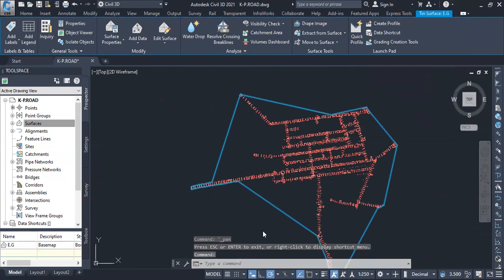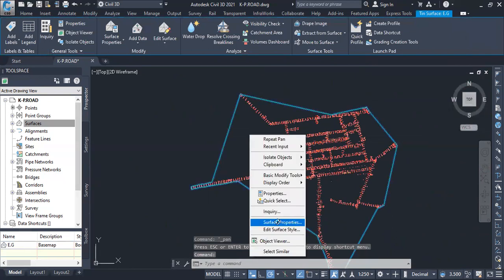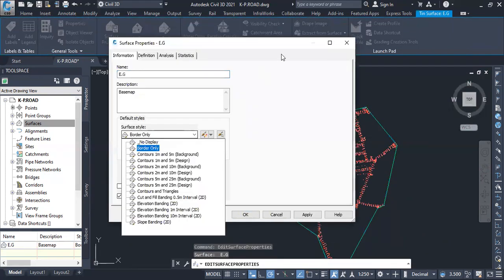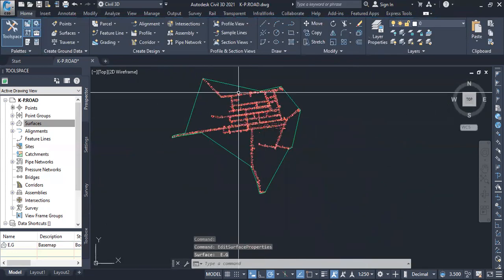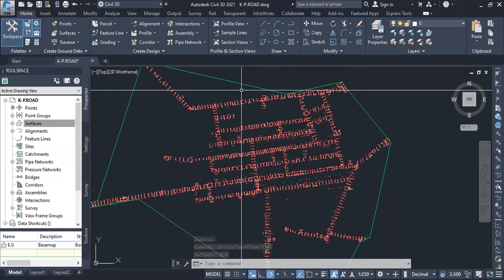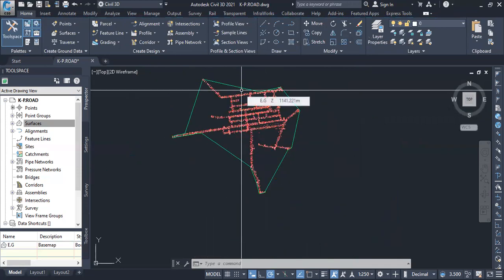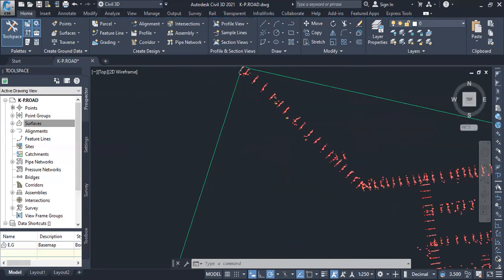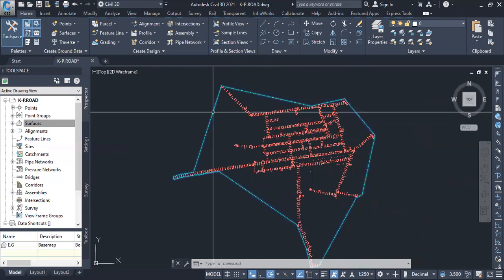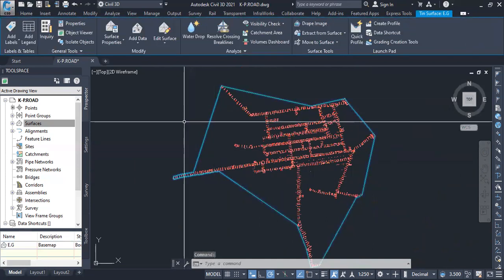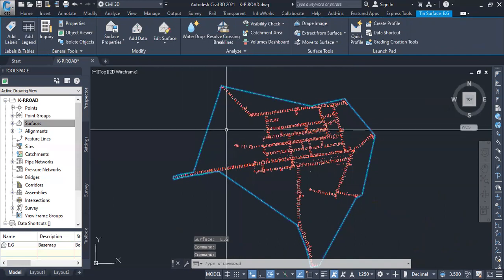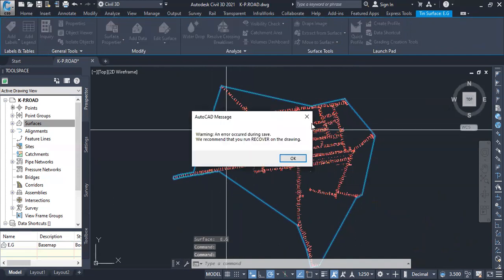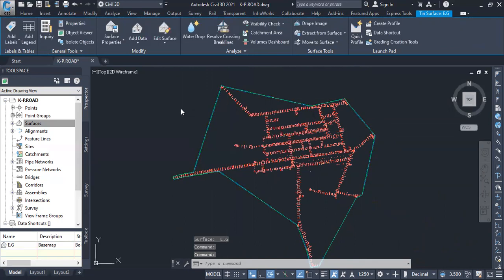I go back to surface properties, and we want to analyze how this surface looks. Actually, we haven't known whether it is hilly, generally flat, or mountainous. So we want to assess and know. What we do is select the surface, right click,